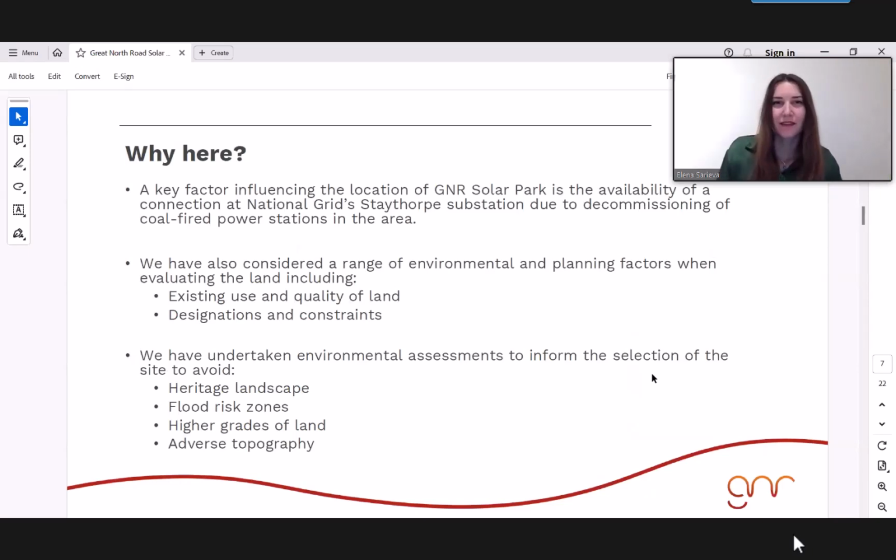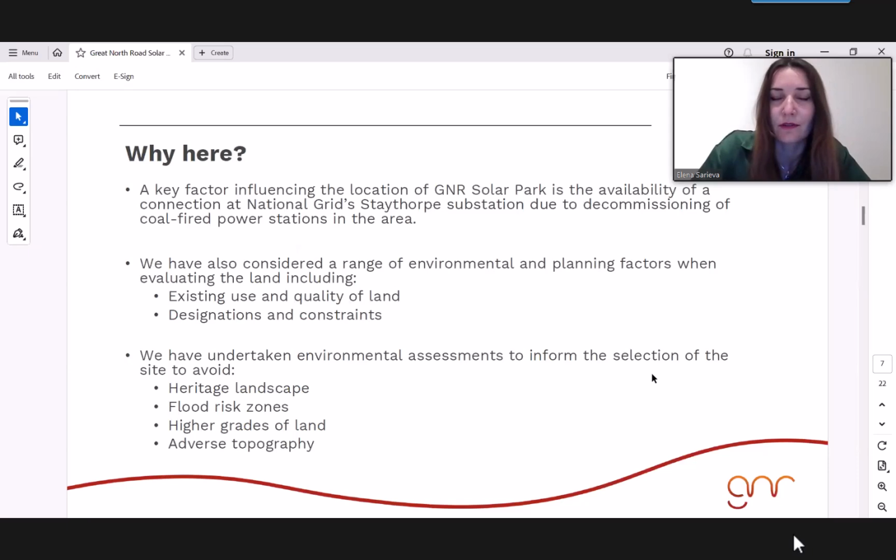Yeah, thanks, Mark. So just following what Mark described as our envelope for the site, our journey with the site selection started with securing grid connection at Staithorpe National Grid substation, which has since driven the individual field and land selection. So within the site selection, we've been guided by key design principles and site selection criteria.